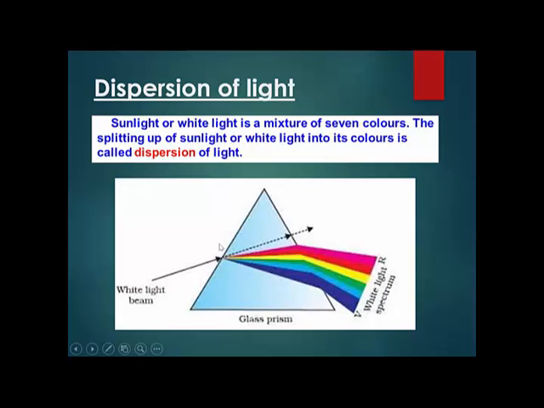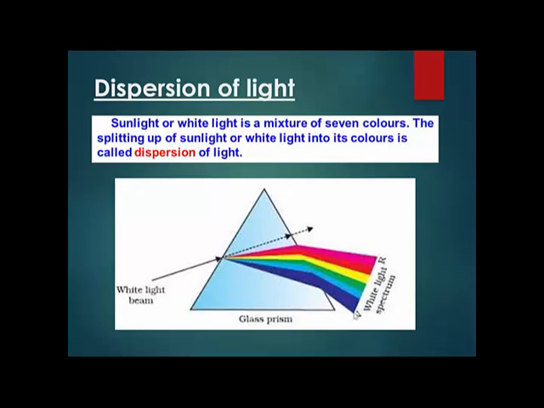Now when you make the white light incident on this prism, if you keep a paper on the other side, you will be able to see all the 7 colors. You've studied this in class 7th also. Yes, very true. When you let the light pass through maybe a water droplet, maybe a prism, maybe oil, maybe a slightly denser medium, you will be getting 7 colors, because the same white light actually splits into 7 colors.